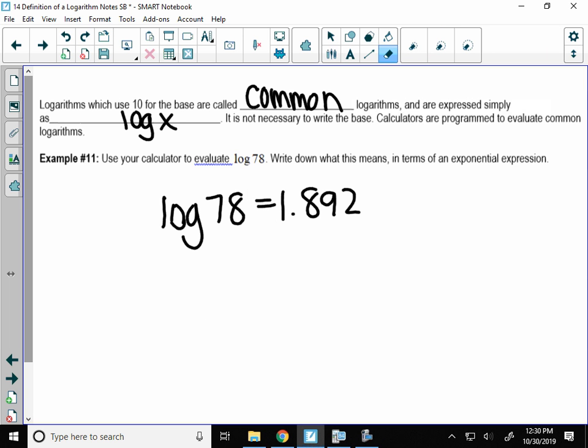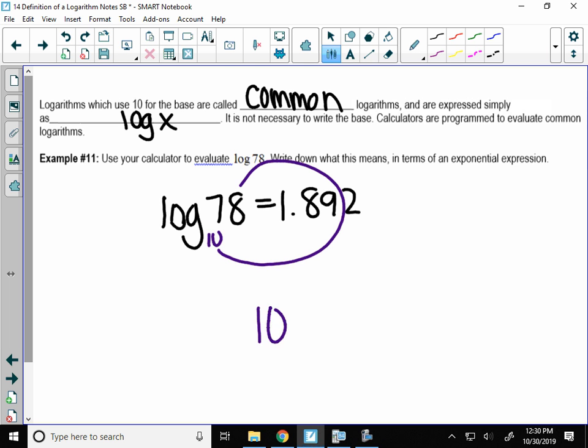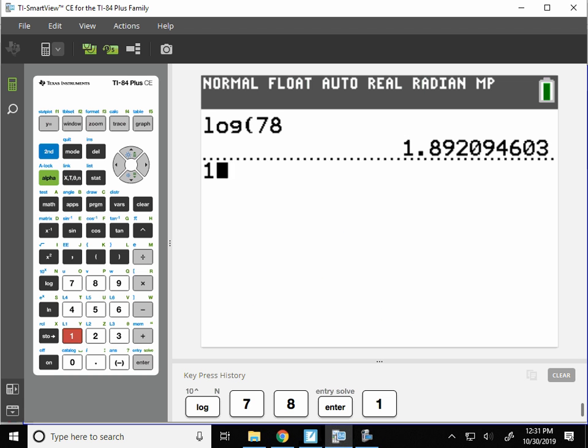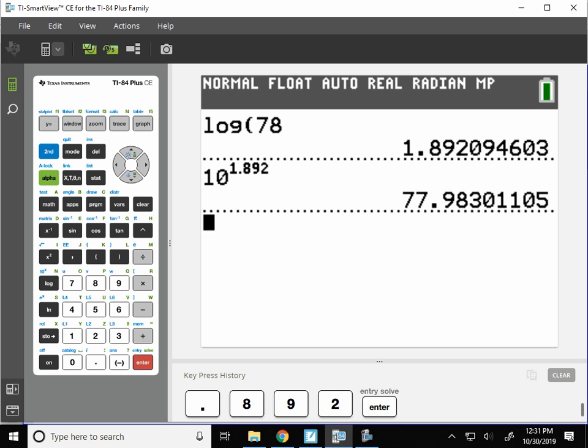So what is that telling us? Well, what that answer is actually telling you is, what's the base of this log again? 10. So what it's really saying, if you use that curly Q idea here, is that if I took 10 to the 1.892 power, I should get 78. So let's check. What's 10 to the 1.892 power? It's close, right? Why is it only close? Yeah, because we rounded the exponent. But would you agree that that's right? 10 to that power gives me 78?